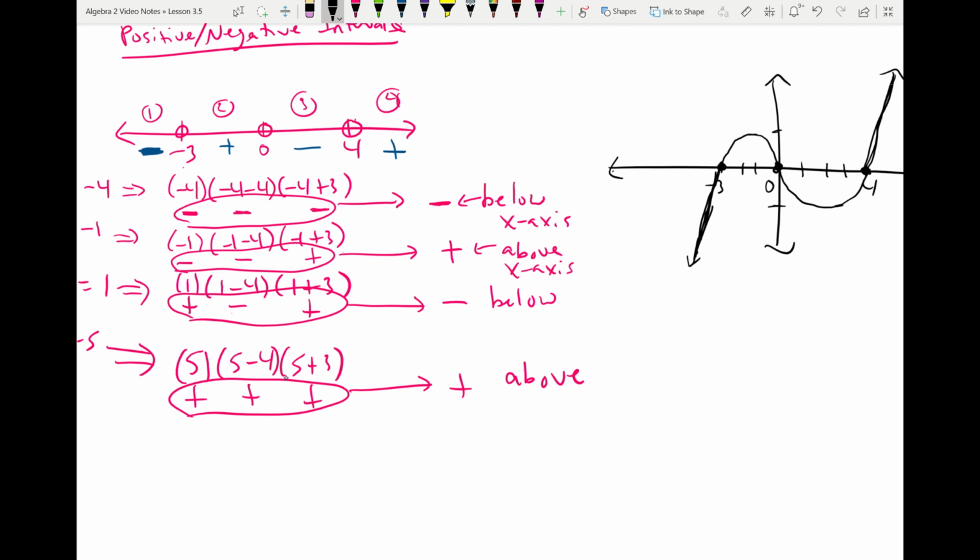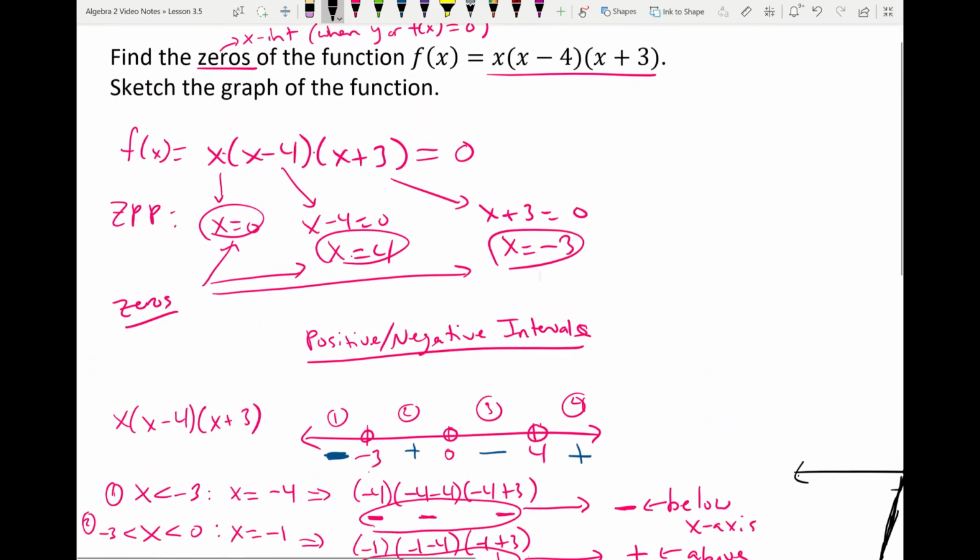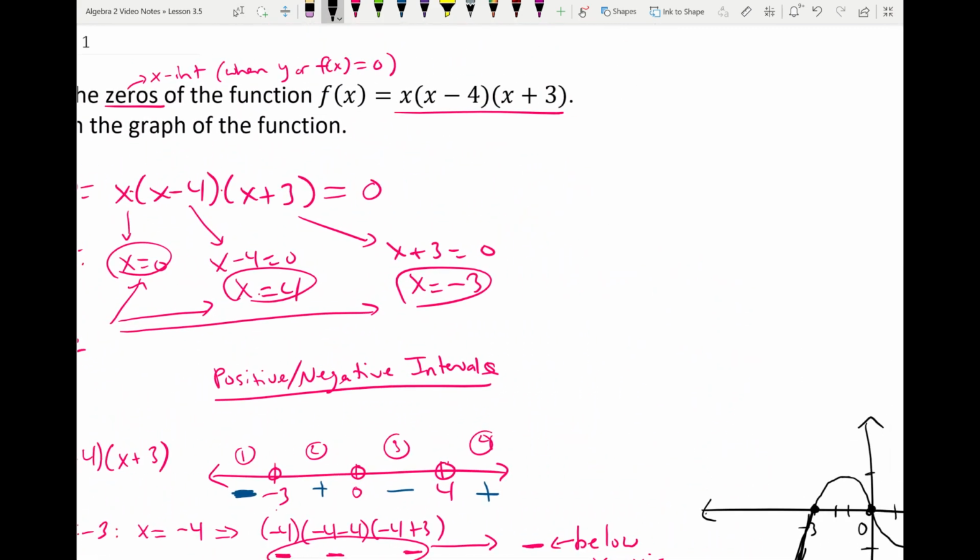So that's my sketch of the function. You can get a lot of information just from these positive negative intervals to graph the function. Now another thing that I want to mention is that for this function, if you were to FOIL this,